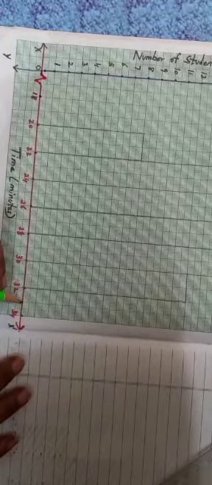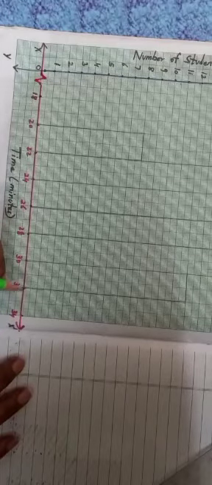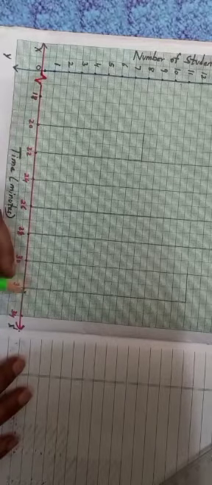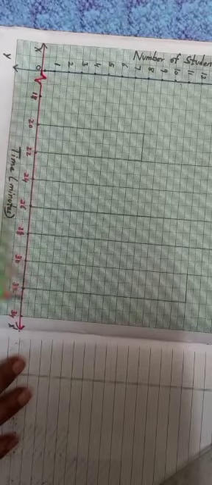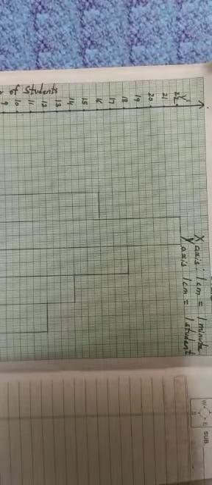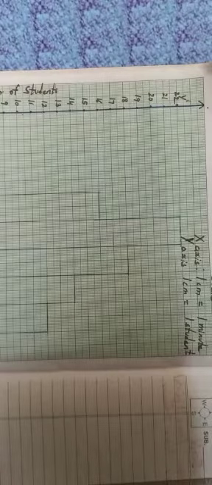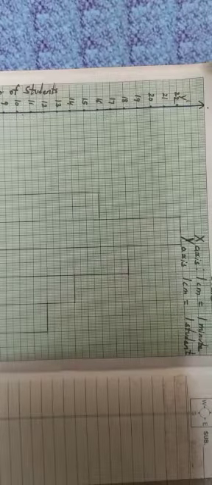Okay, and the last one, the frequency is 0. So where will this point be? It will be on the x-axis because the y coordinate is 0. You don't have to show it. You are not going to draw a rectangle because we have only the base here, that is the width only. So now our histogram is completed. After that, what do we have to do? We have to draw the frequency polygon.